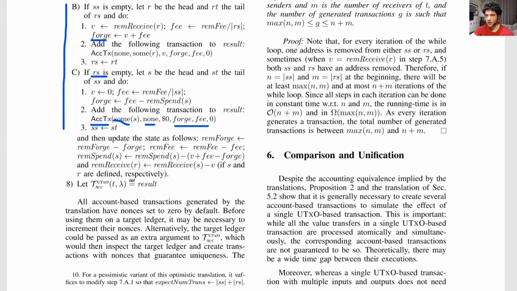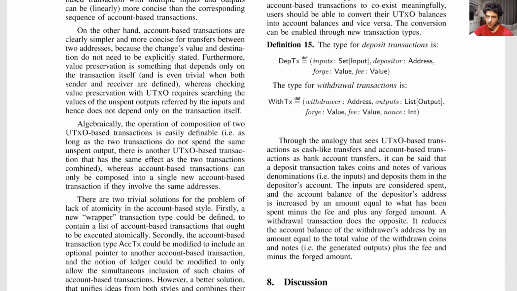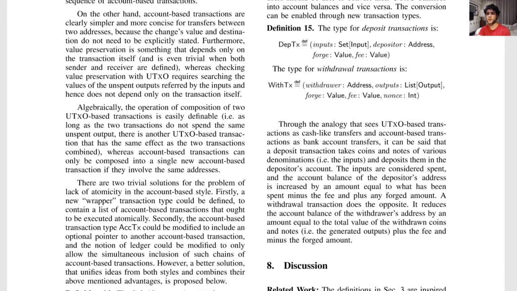So now that we've defined the translation between UTXO to accounting and also accounting to UTXO, now we have to think about how we would mix these together. So there's one caveat I haven't mentioned, and that is to say, when you're translating from UTXO to accounting, I mentioned that we would need to create multiple transactions, right? And this is problematic because what if